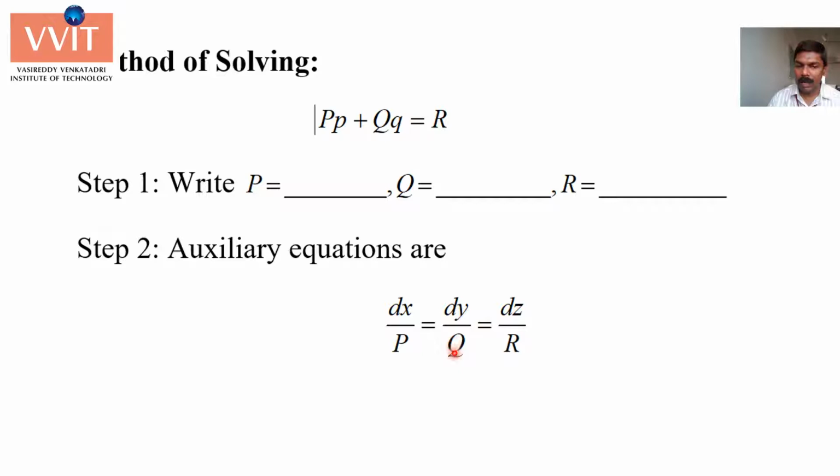If you want to select second and third member, it should not contain x. If you want to select 1 and 3, it should not contain y. So in all, always three selections are available. I can select first two members, then I can select second and third member, or I can select 1 and third member. But the point is we have to select the selection properly.